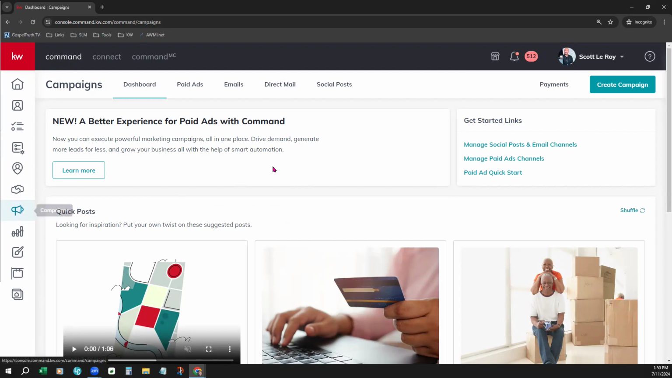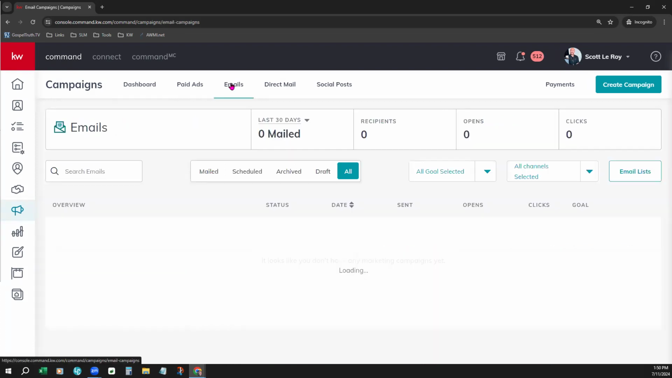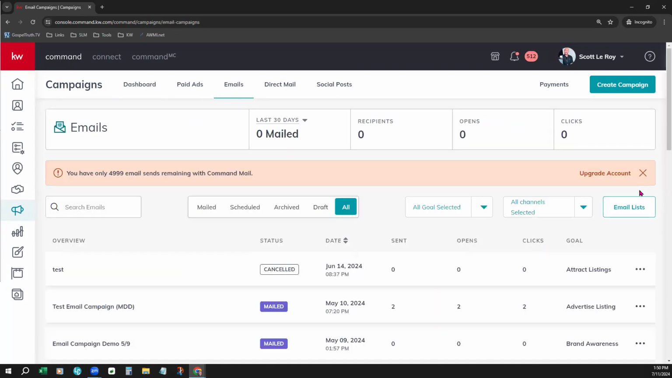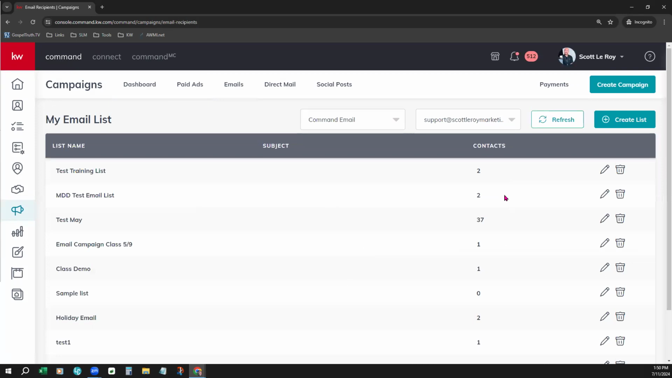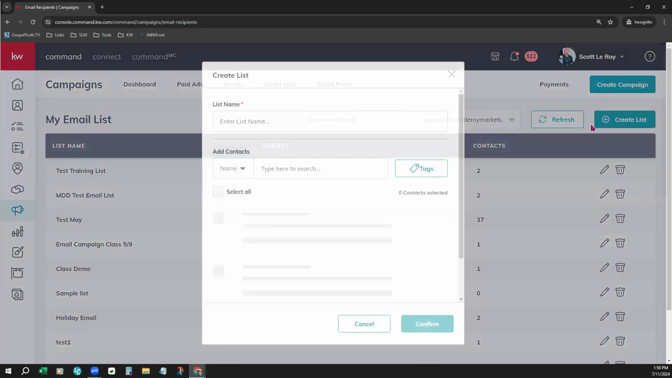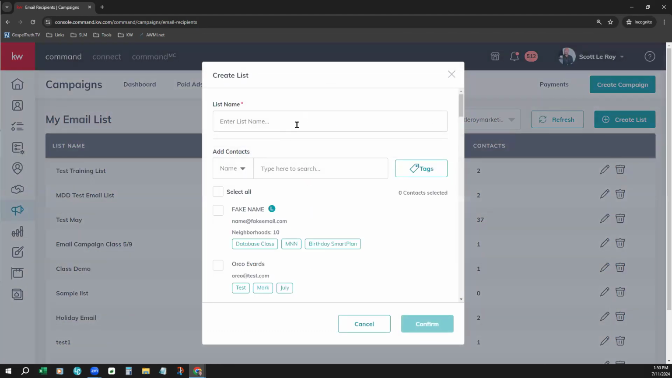So once you're on the campaign tab, you can come up here to emails and choose your email list on the far right. Here you can add your email lists. We're going to create list at the top right, enter the name,